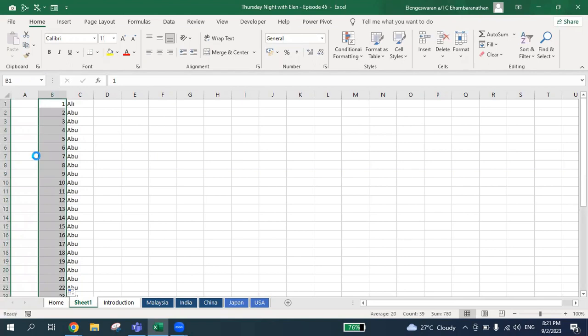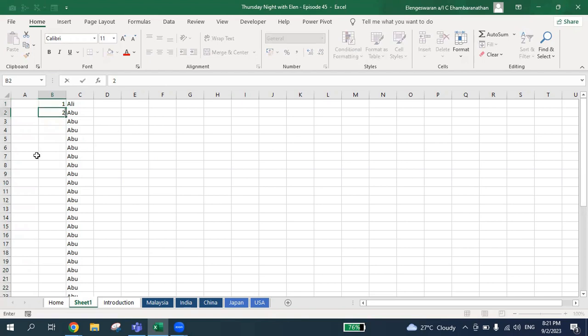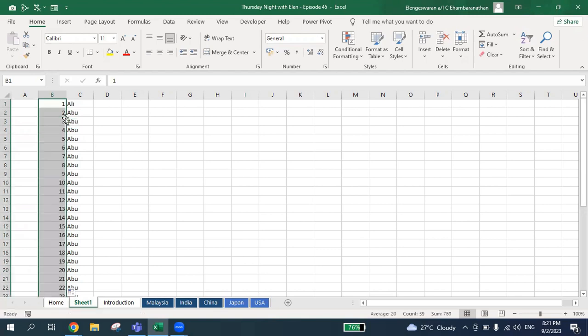Again, I repeat: what I do is I type number 1, I type number 2, and then I highlight this and I double click. So, did you learn something new? If you have learned something new, maybe